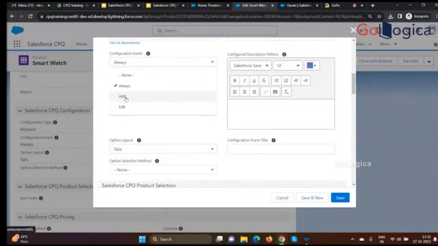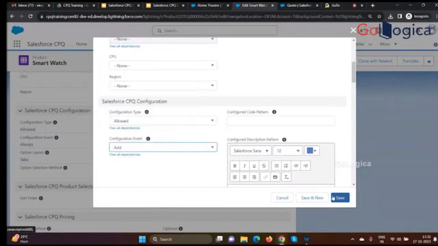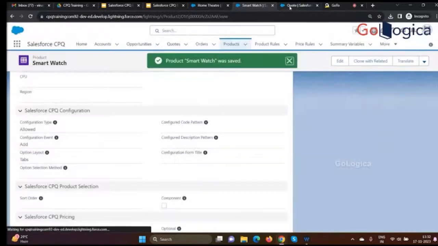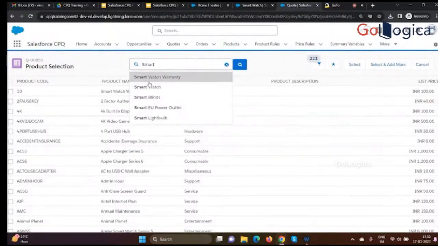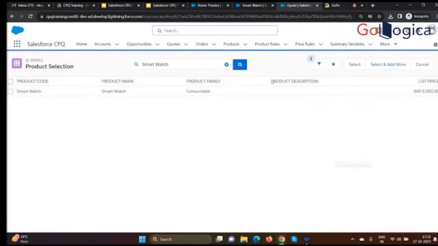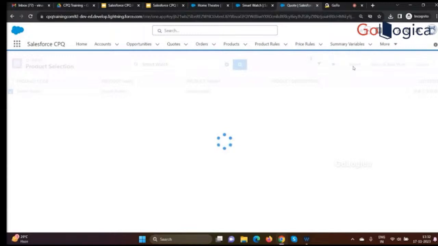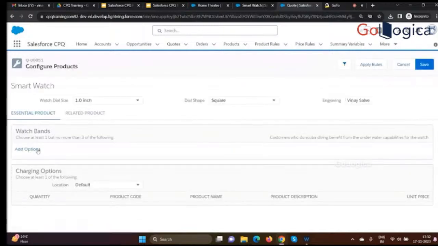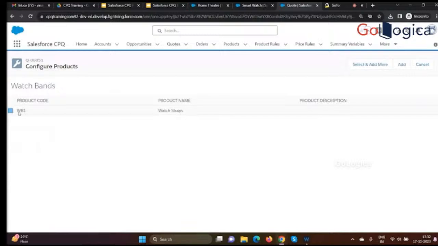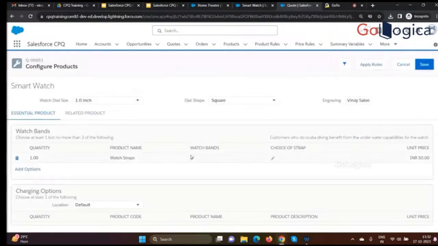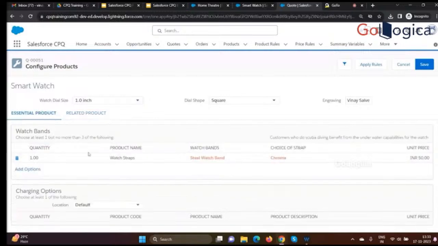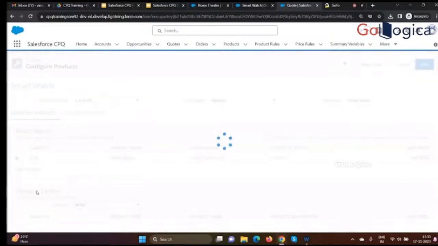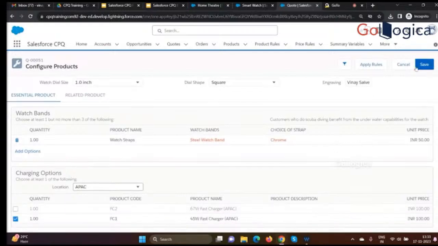So if I have add, what difference does it make? Yes, you will be able to see it now. So if I have a smartwatch product, and there are a lot of things which we need to do over here. You are able to see my configuration page, and then when you click on save,